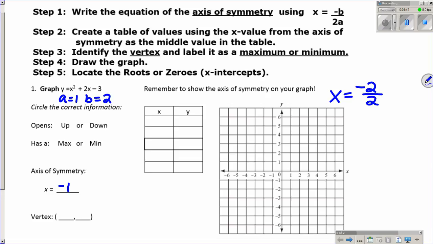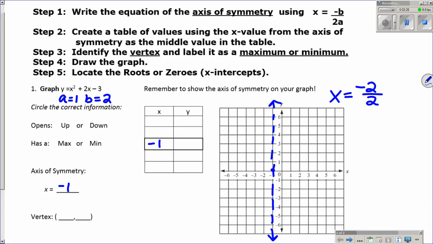Now, if you think back to Math 1, when we graphed lines, the equation x equals negative 1 is going to be a vertical line. It intersects the x-axis at negative 1. So we're going to go ahead and sketch this axis of symmetry on our graph. We're also always going to use the number that's in our axis of symmetry as our central point in our table of values. So in our xy table, go ahead and place negative 1 in that bold middle